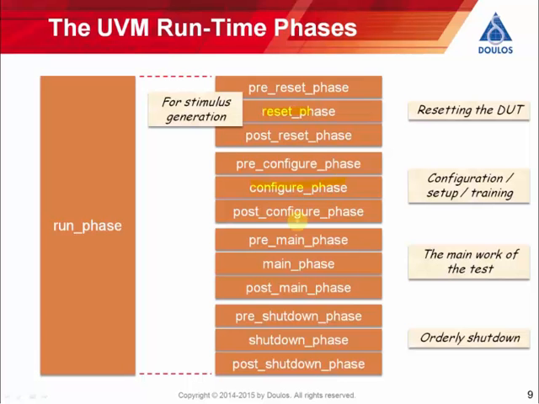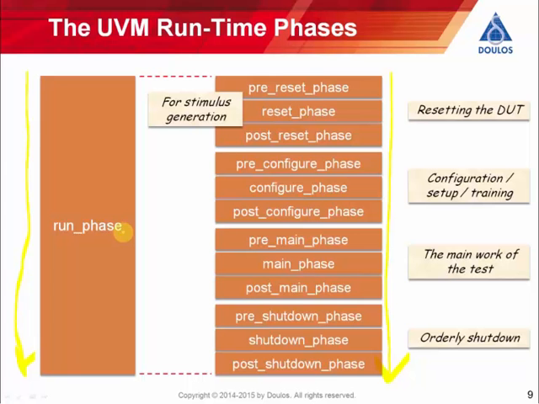So reset, configure, main and shutdown were 4 new runtime phases that got introduced with UVM. And associated with reset, configure, main and shutdown, there's also a pre and a post phase, which makes a total of 12 UVM runtime phases along this timeline that run in parallel with the run phase itself being a carryover